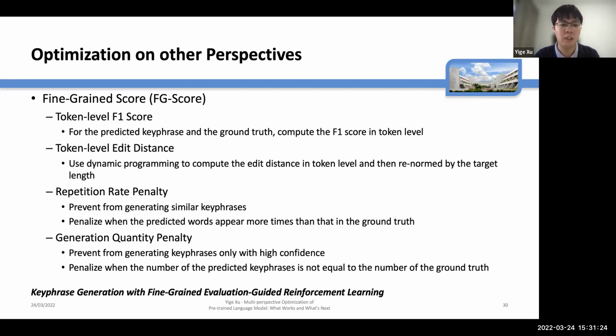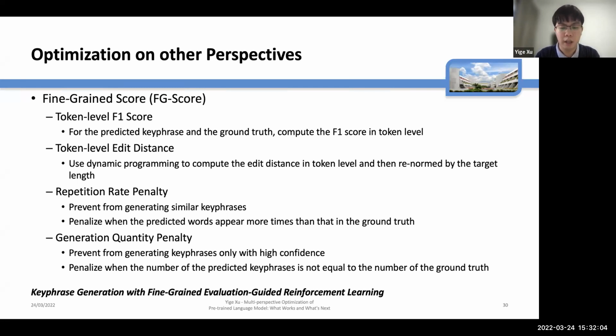The next two scores are at the instance level. The first one is the repetition rate penalty. This penalty is designed to prevent generating similar key phrases, and it will penalize when the predicted words appear more times than in the ground truth. And the last one is the generation quantity penalty that prevents generating key phrases only with high confidence. It encourages the model to predict more key phrases, and it will penalize when the number of predicted key phrases is not equal to the number of the